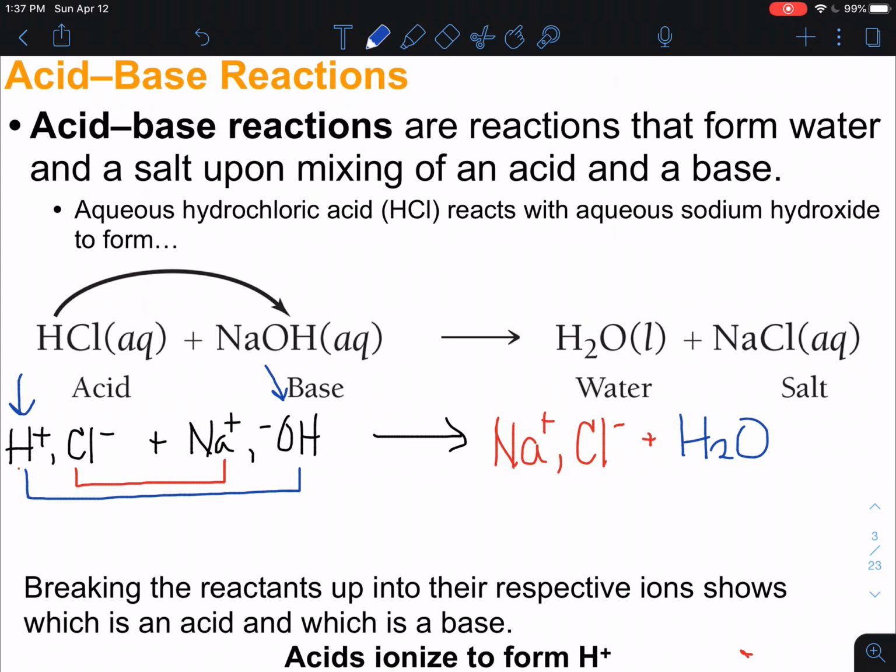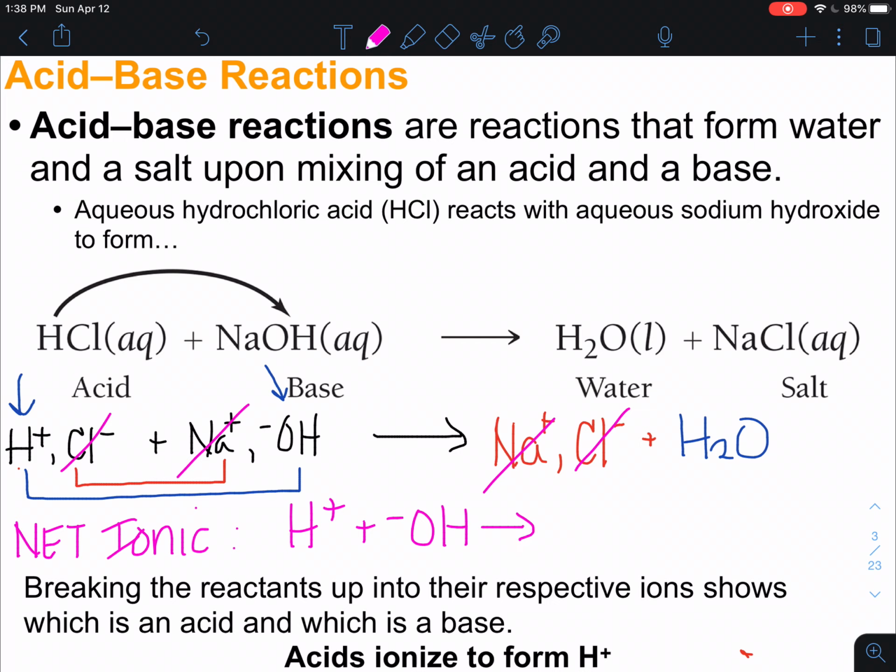Now let's say we wanted to write a net ionic for this. Again, I'm going to do this in pink, the net ionic. So remember what the net ionic is? The net ionic is, we take out all of the spectator ions. So it looks like Cl is a spectator ion, and it looks like sodium is a spectator ion. So for our net ionic, we have H+ plus OH- forms